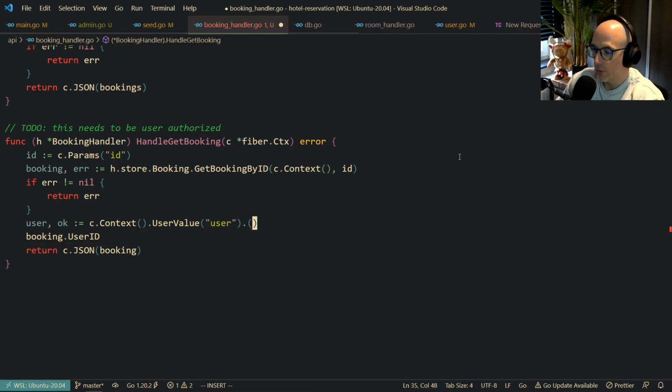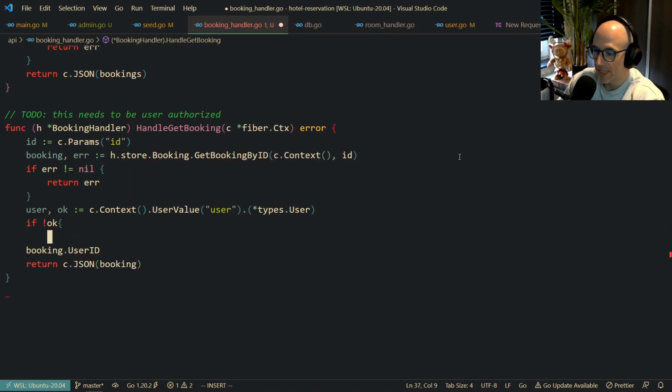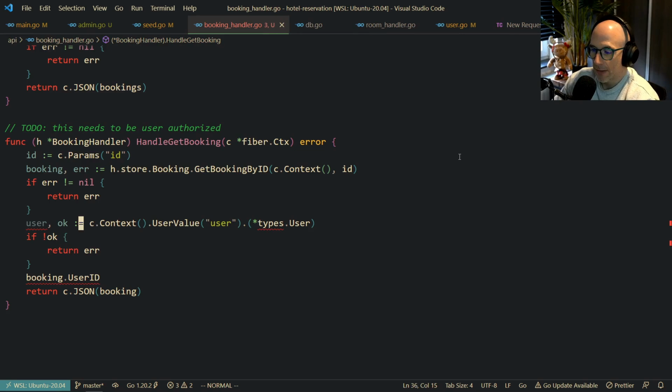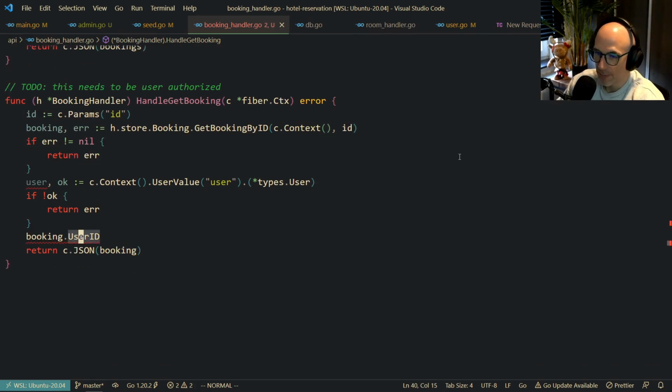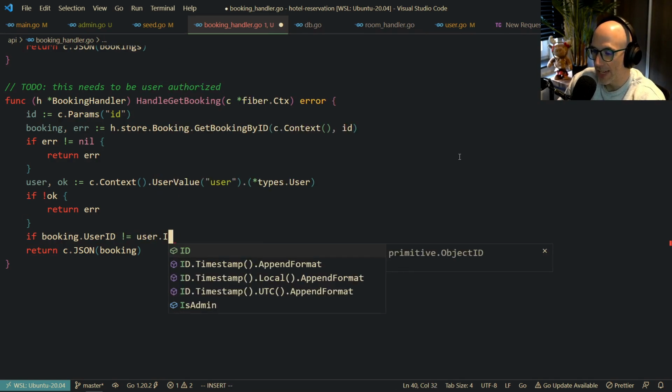We're going to cast that to a pointer of a types.User, right? And if that's not okay, that basically means that there's bad problems under the hood. So we're going to return that. Of course, we actually need to make a better error for this, but hey, it is what it is. Then we're going to say if the booking.userID is not the user ID,